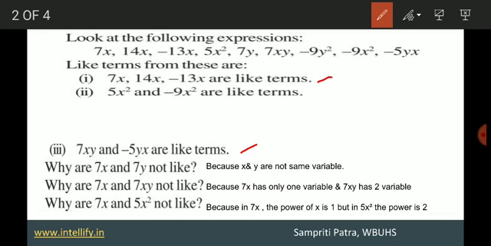The next question is why 7x and 7xy are not alike. Because 7x has only one variable x, and 7xy has two variables x and y. If we put some values, say x equals 2 and y equals 3, then in the case of 7x it results in 14, and in the case of 7xy it results in 7 into 2 into 3,